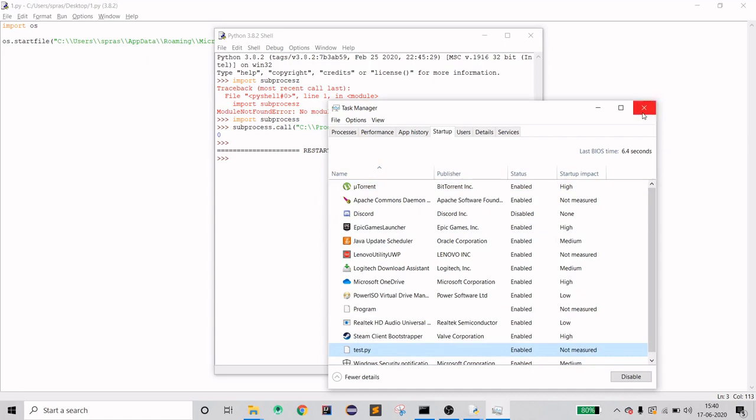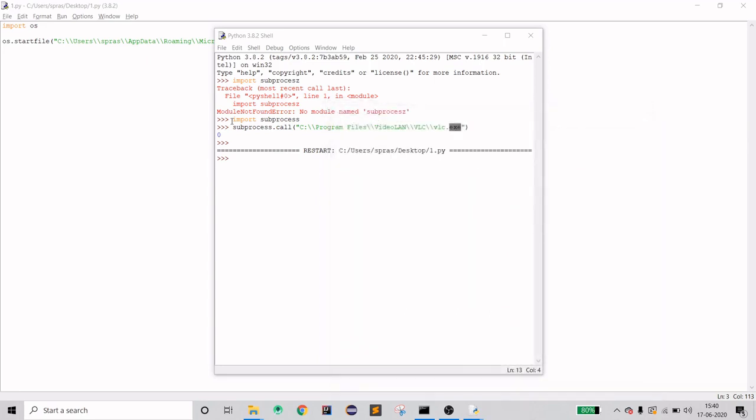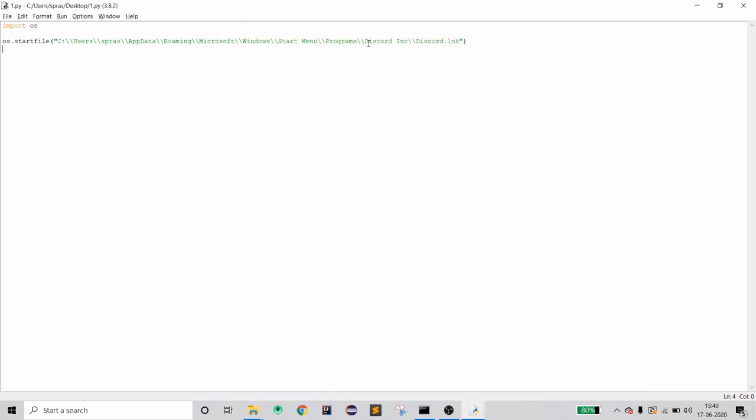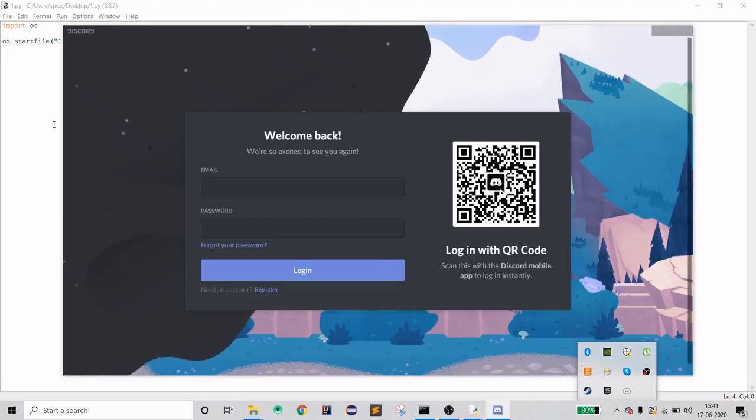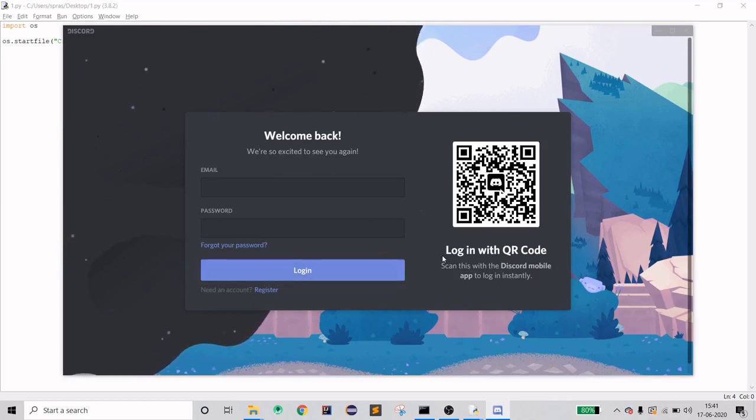So I think you now understand why I had to work on it a different way, because this is not the standard way like VLC or any other application. Discord is a shortcut, but I recommend you not to install it at your end unless you are actually doing a bot thing. Soon I will be doing a video on how to log in automatically through Python. When you open your Discord, it will automatically log in and show you the dashboard. I'll be working on that and uploading it soon.